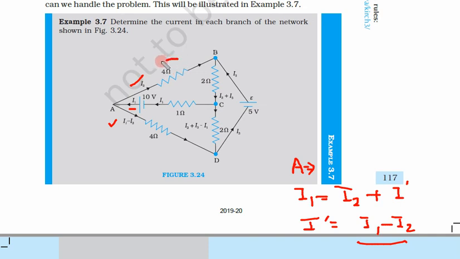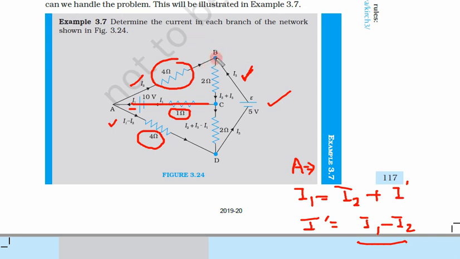So in this 4 ohm resistance, current is I2. This 1 ohm resistance is coming from backward, and in the backward you see there is no branching, so in this 1 ohm resistance, current is also I1. In this 4 ohm resistance, current is I1 minus I2. So up to this point we have solved. Now let us see this battery. We have assumed that on this side the I3 current is going towards point B.